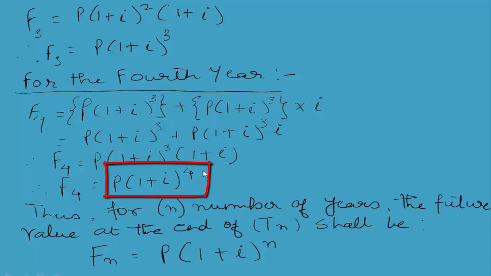So we find that what started off at the beginning of the first year with P is closing by the end of the fourth year as P(1+i)^4. It means that all through the four years, the principal has swelled up, or increased, by way of interest being added to it, and for the beginning of every successive year, the closing principal and interest becomes the new principal. So when the new principal is increasing with the interest which is being added back to it for the beginning of the next successive years,